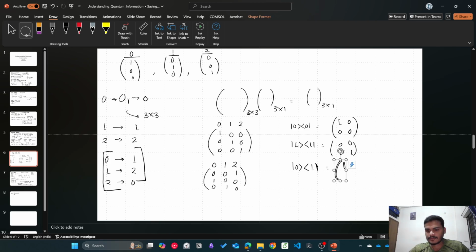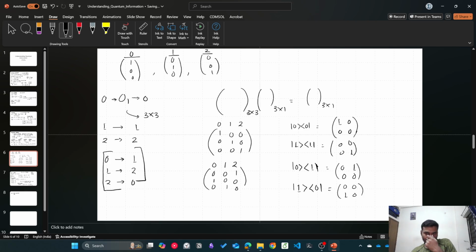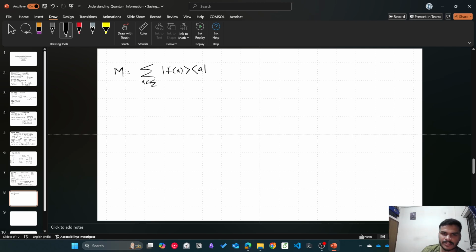Let me delete it. Okay, so this is the position, basically 0 0 0, and 1, 0, right? So it is going to make 1 here and 0 in the other place. If you see, all these four vectors are basically putting 1 in each of the places and then putting zeros in other places. So it is very easy to guess that we can make any kind of matrix by